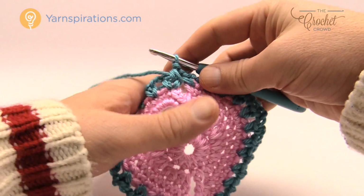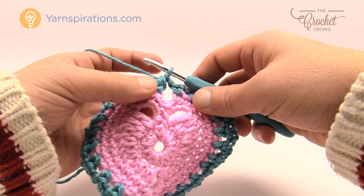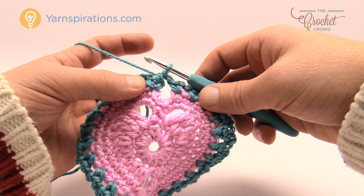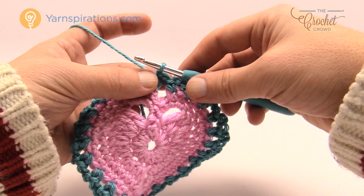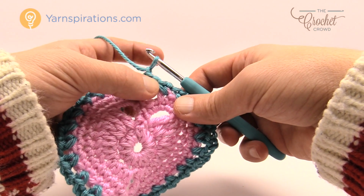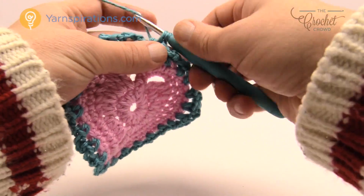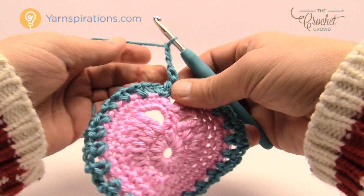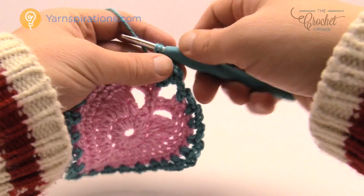Okay, rounds number 6 and 7 are identical to each other, and 7 is a new addition from what I tweaked. Okay, so it doesn't exist on the original pattern, but it does in my mind, and it will be on the crochetcrowd.com. To start off this round number 6, we're going to chain 1 and we're going to single crochet around the very first section right here that you're on, and just go in and just single crochet, chain 3, 1, 2 and 3, and jump to the next chain 3 space available to you and just single crochet,